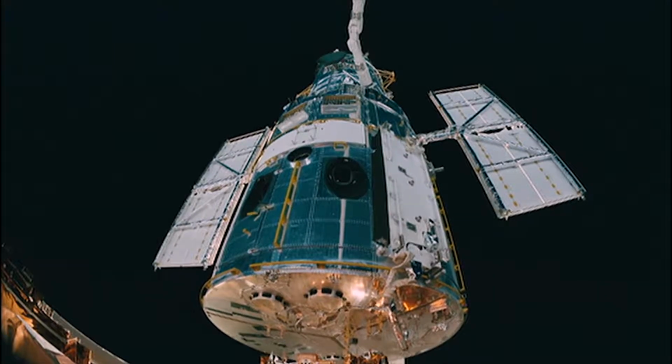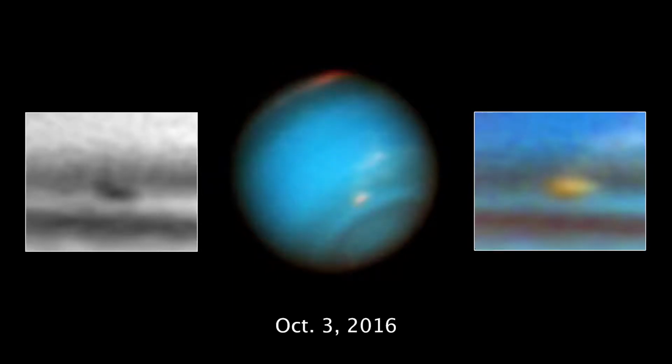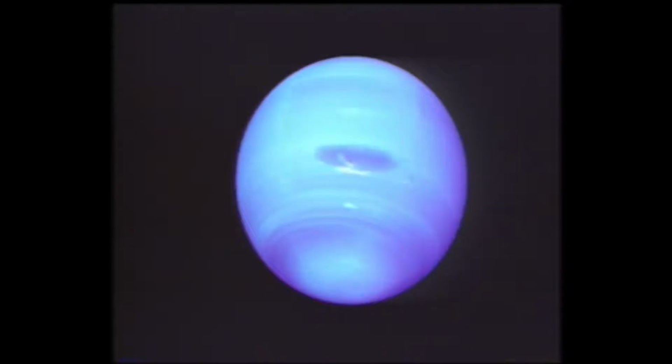NASA's Hubble Space Telescope has been watching a large, dark storm on the planet Neptune disappear before our very eyes. The first and only spacecraft to visit Neptune was NASA's Voyager 2 in 1989. It discovered two immense dark storms churning through Neptune's thick blue atmosphere. Voyager 2 then headed out of the solar system, and since then, our primary means of watching Neptune's storms has